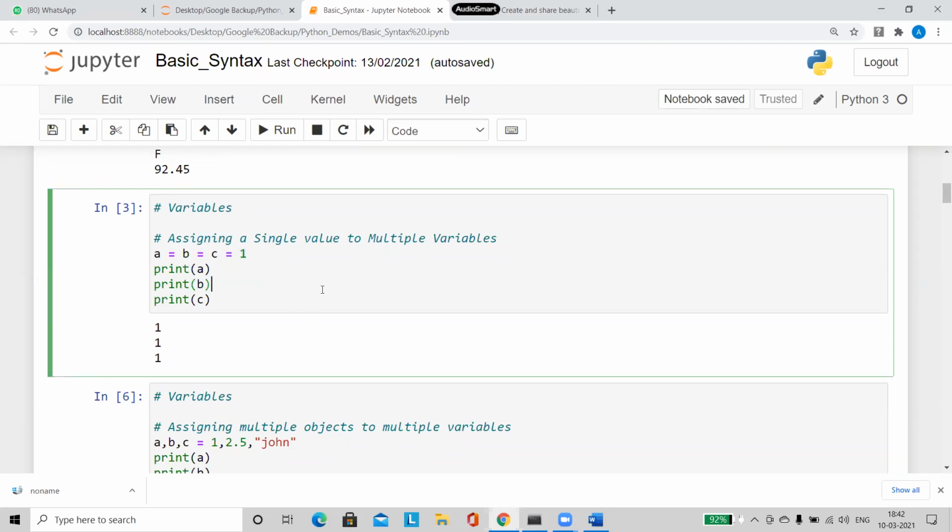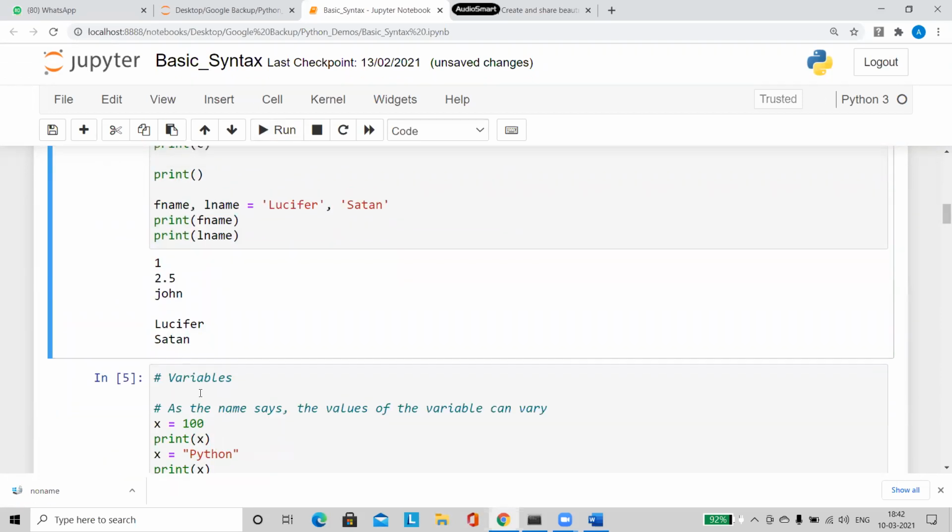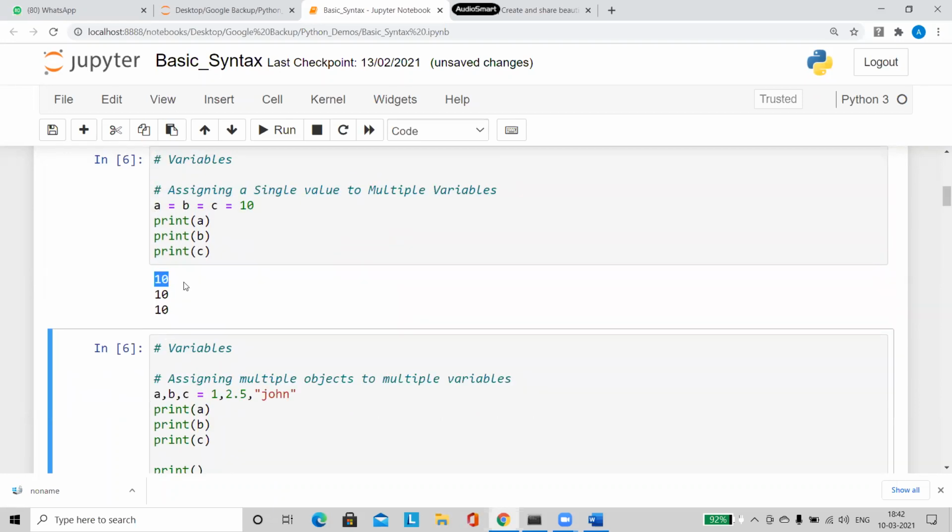So this type of multiple variable assignments, where you're assigning multiple variables with one single value, is acceptable. This is not an error. You can run the program. It is going to produce an output. If you want, you can try a different value also. Run it. See, now when you're printing it, it is printing me the value as 10. So whatever value you're giving here, that is what is going to get stored. So this is one type of assigning values to a variable.